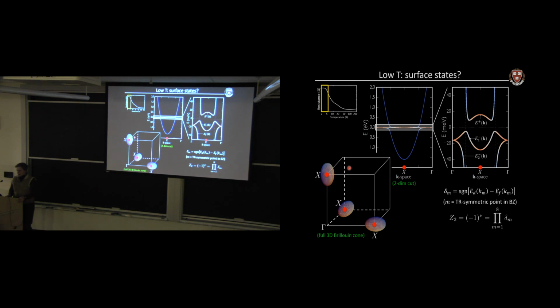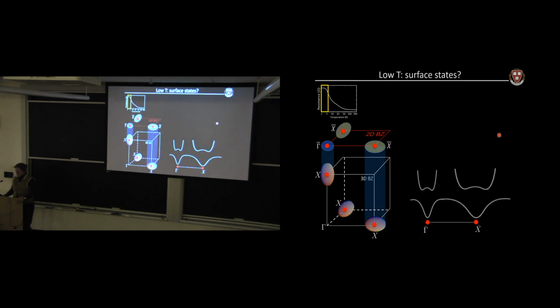And here are my Fermi surfaces. And so this D band that I showed here, crossing this Fermi surface, it actually comes from just a cut along one of these 3 pockets in the full 3-dimensional momentum space. And so what I see here theoretically, or in a kind of cartoon form, is that there should be 3 band crossings at these 3 high symmetry points. 3 is an odd number, so it should be topological, and there should be a surface state spanning this band gap around the Fermi level.